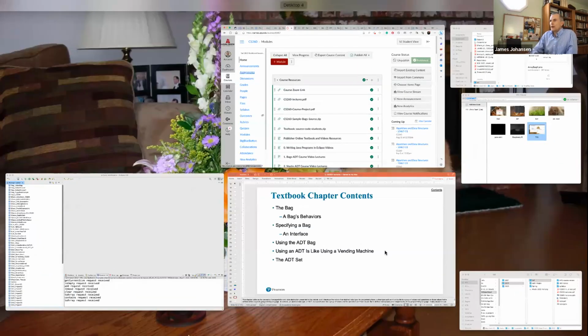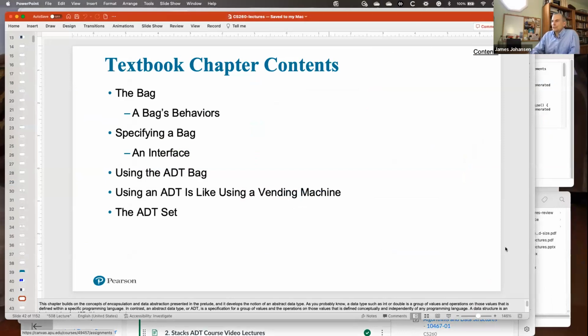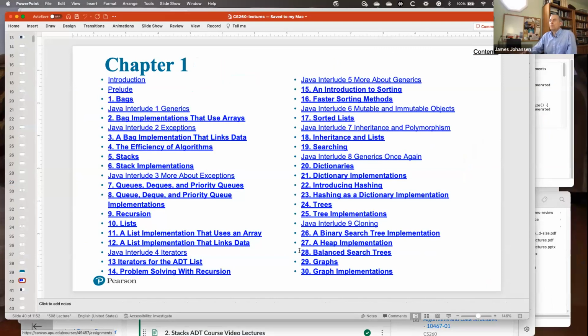So now we've started to get introduced to how things are organized in the course. So first thing that happens is you typically get to understand what is it that we're talking about. So we'll talk about theory. Part of it, we'll get into algorithms and stuff like that. And then we look at the implementation. And so here is a Java interlude that talks about this generic data type that we're seeing with these angle brackets, and so we have that.